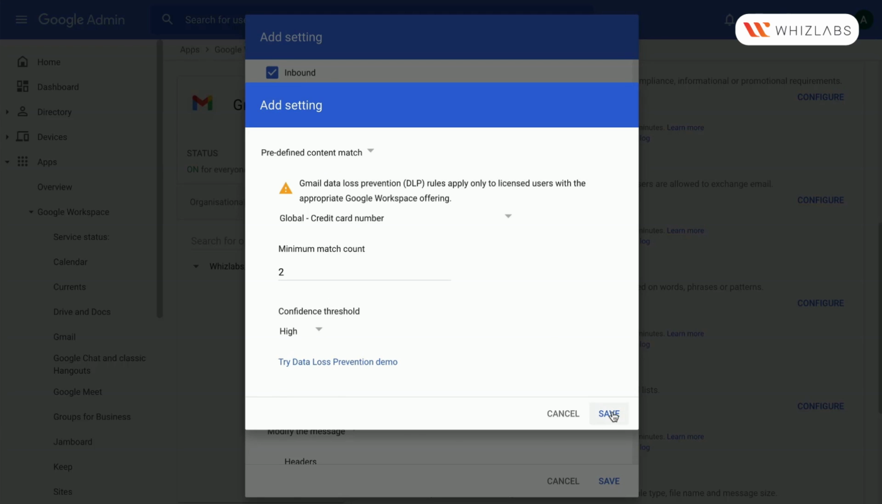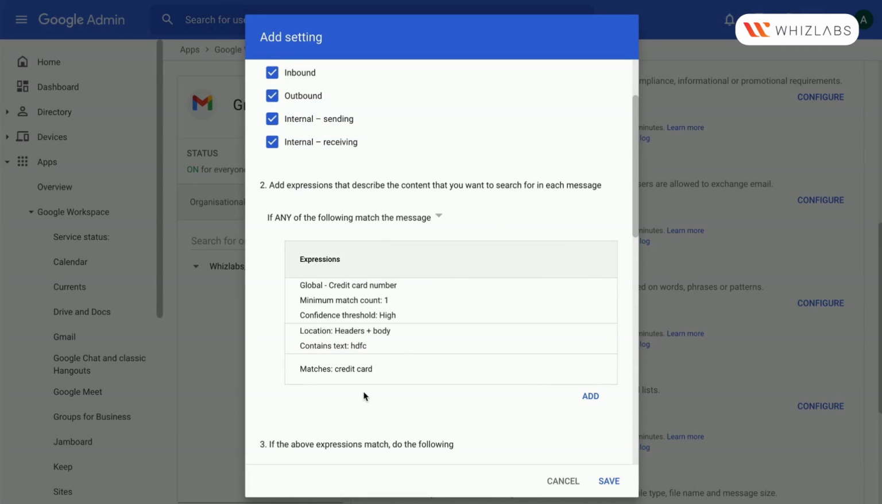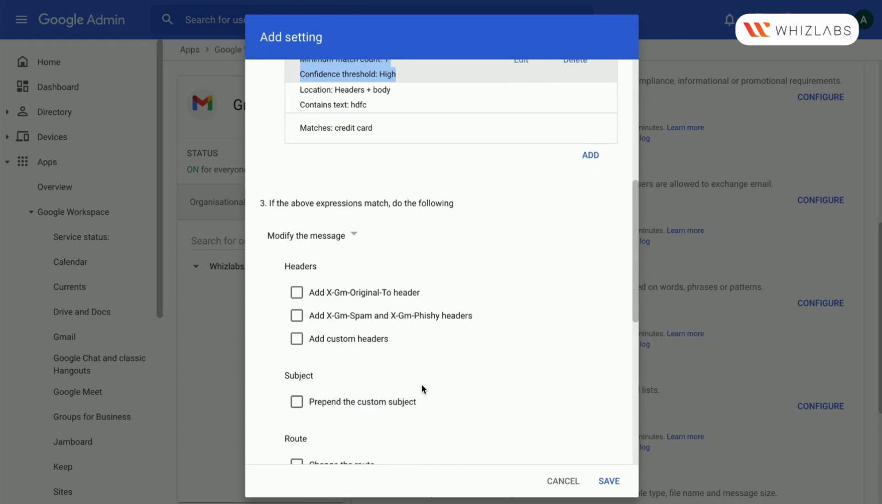Then you need to say save. So we got these certain expressions. In the expression, you got one DLP, a predefined content detector, right? Which has been configured here. Now moving ahead, what we need to come up and do further is, so with the message, what you would